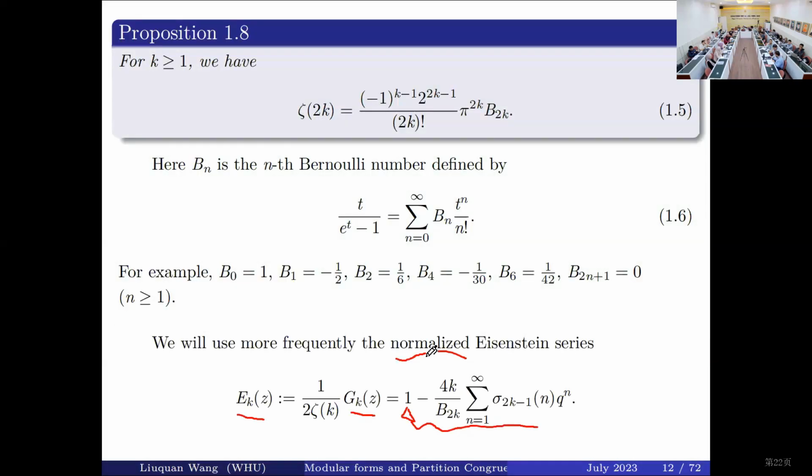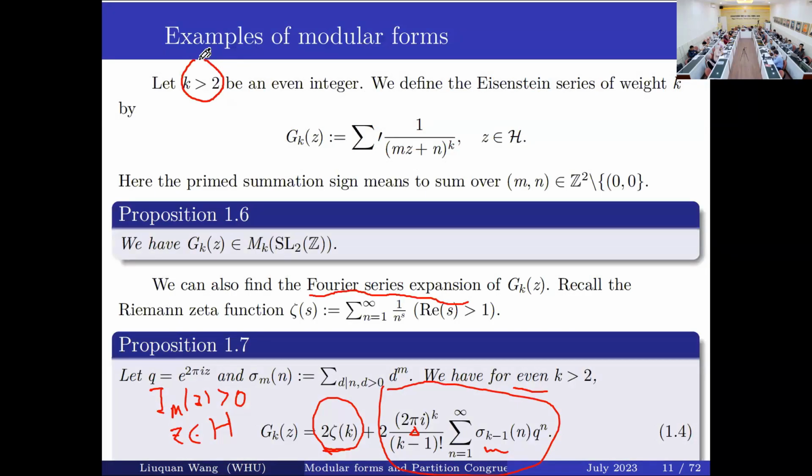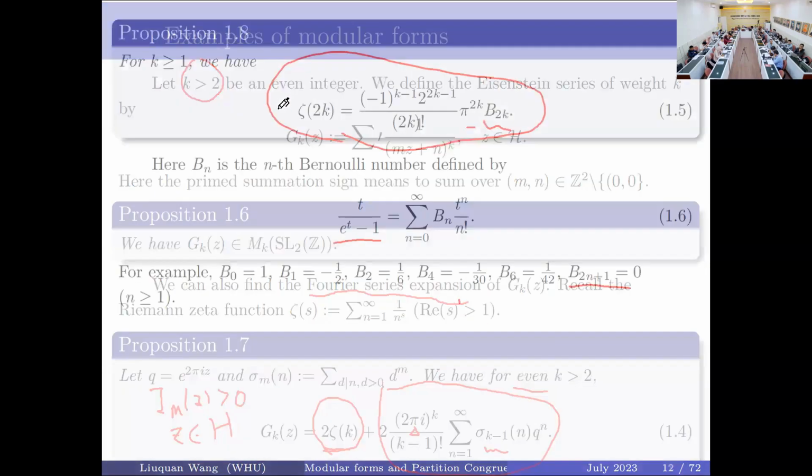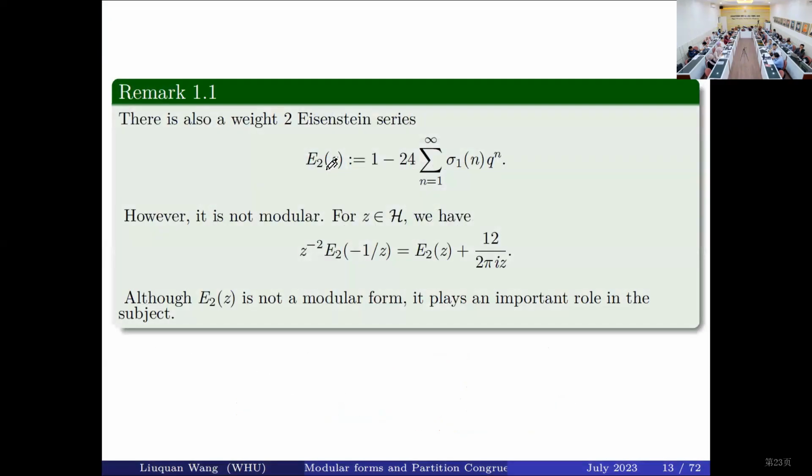So you may wonder, why do we need k greater than or equal to 1 here, but for the previous slides we needed k greater than or equal to 2? So what happens when k equals 2, for the function E2(z)? Actually, E2(z) is also meaningful. If we define the weight 2 Eisenstein series as 1 minus 24 times this power series, however, this is not modular, because when we check the functional equations, we will see that